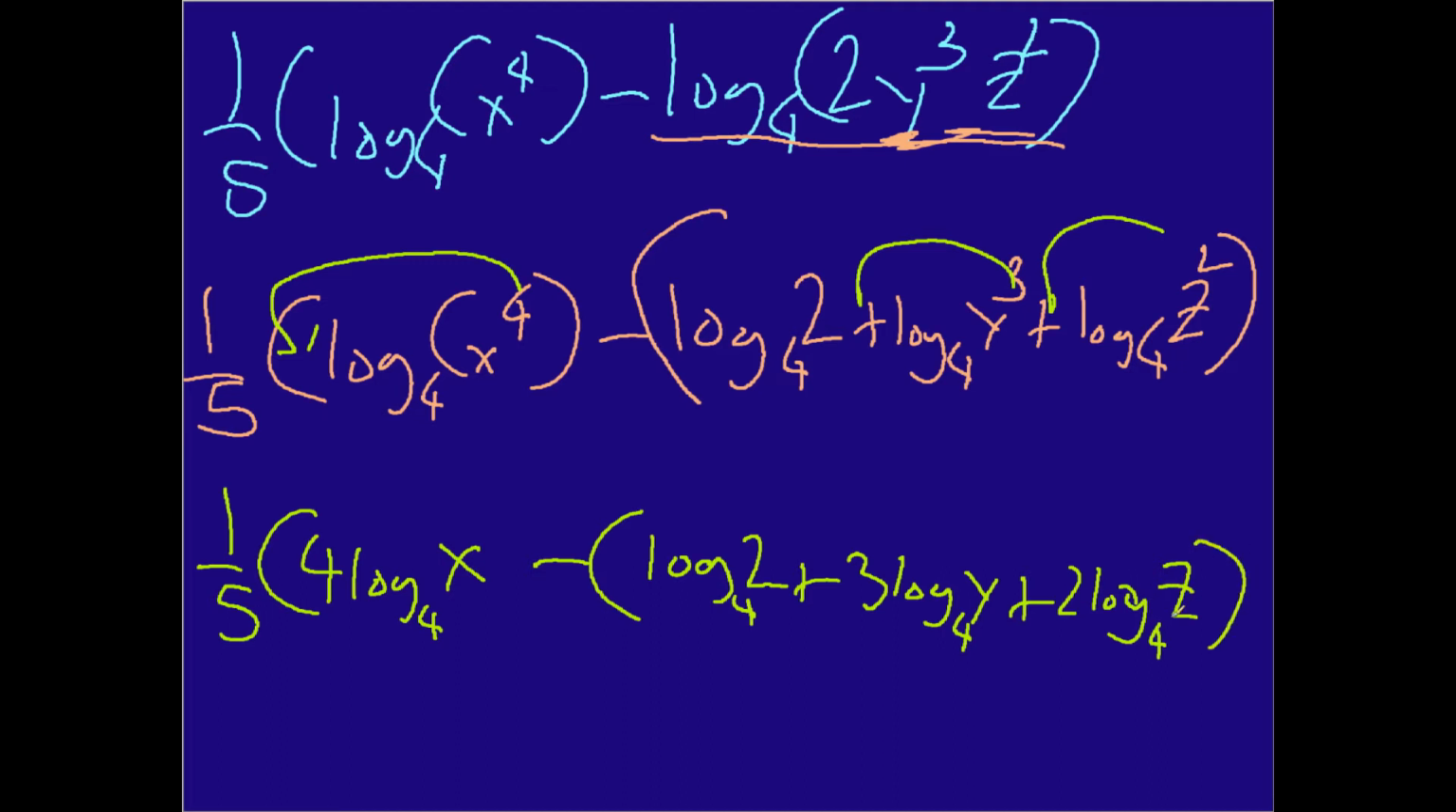Now we're getting very, very close to being done. So on the next slide, what we're going to do is as follows. We're going to remove these parentheses by multiplying everything by -1 essentially. And so this is what I get when I do that. I still get the 1/5 that's on the outside. Then I got 4 log